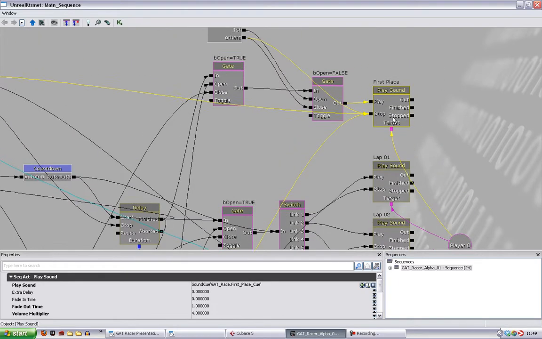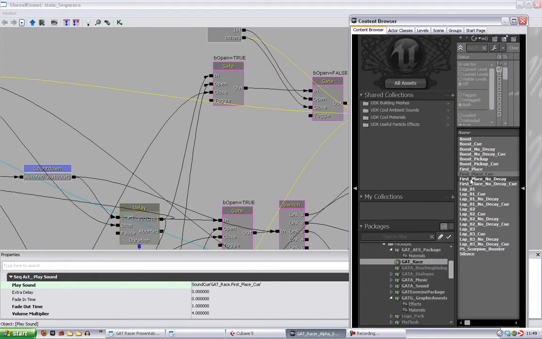So here's our layer over the top when you're in first place, and we've got that slight decay of the triangle,